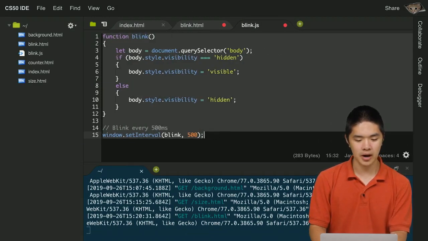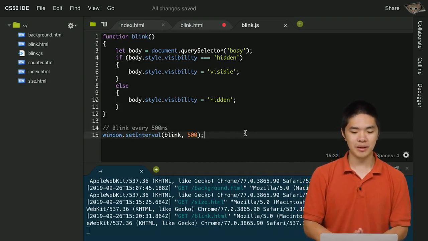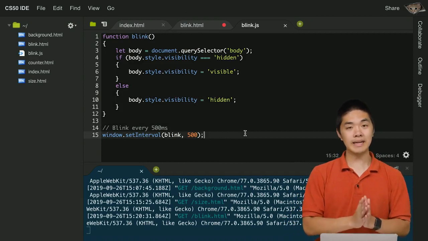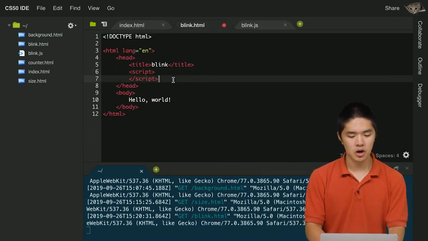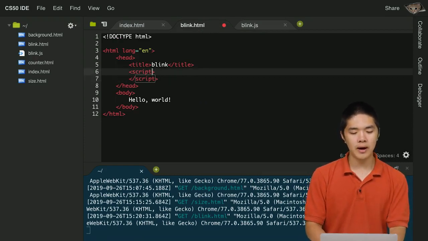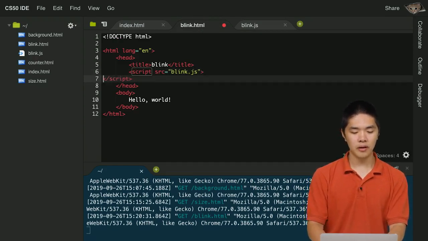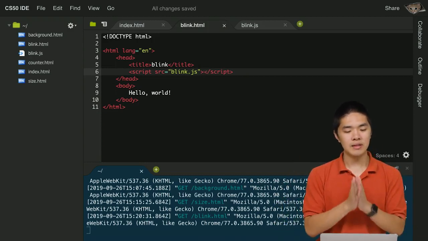Whatever was originally the JavaScript inside of blink.html will now be the JavaScript inside of blink.js, defining a function called blink and then setting an interval to blink every 500 milliseconds. And now inside my HTML page, rather than a script tag inside of which was all the JavaScript, I'll go ahead and just say script source equals blink.js. I'm referencing what JavaScript file is the JavaScript that I want to include in this section of the web